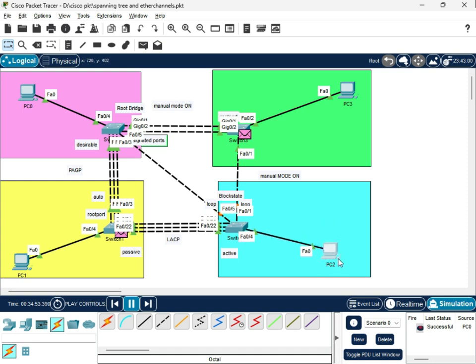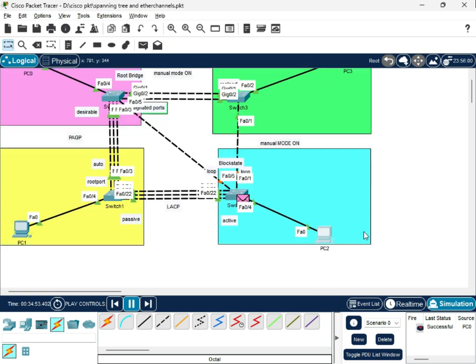Remember, we are pinging PC2, which means we know its IP address, but we don't know the destination MAC address, right? So how we get the destination MAC address is by using the source MAC address of where the packet is leaving from, right? So yeah,